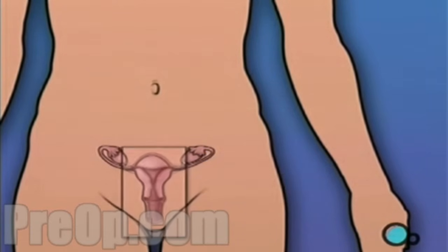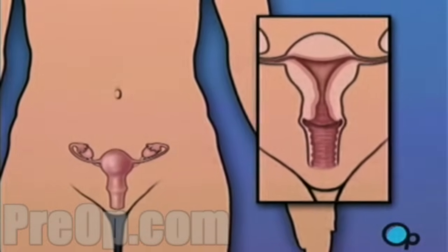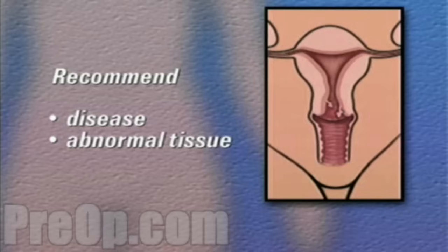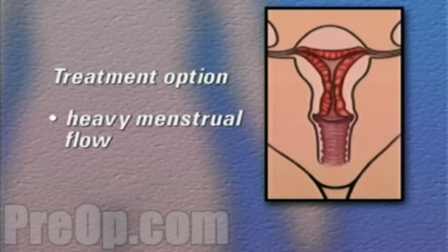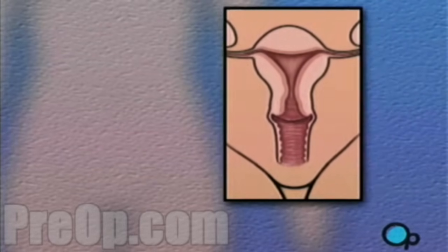There are many different reasons why a doctor may recommend this kind of surgery. In many cases, disease or the growth of abnormal tissue will lead a doctor to recommend the removal of the uterus, the ovaries, and fallopian tubes. In some cases, unusually heavy menstrual flow and the accompanying discomfort may make hysterectomy an important treatment option for patient and physician to consider. But no matter what the reason behind it, you should be aware that the removal of